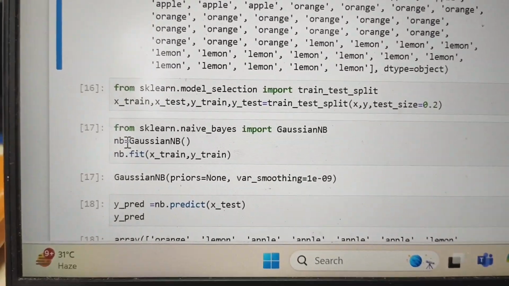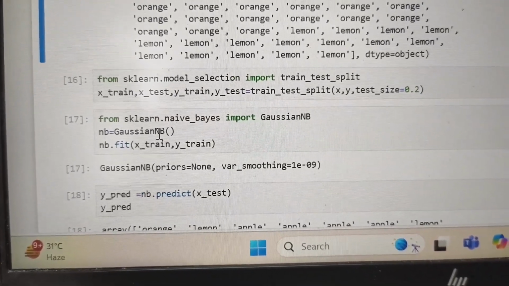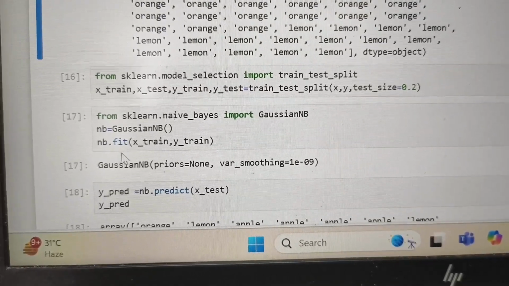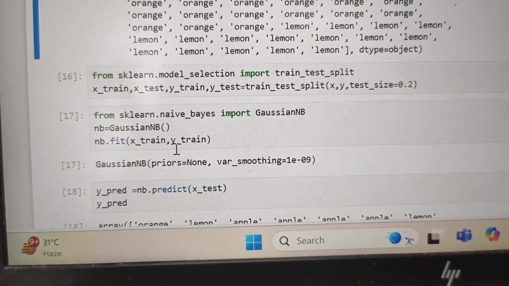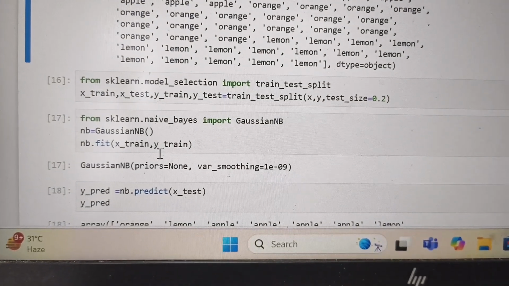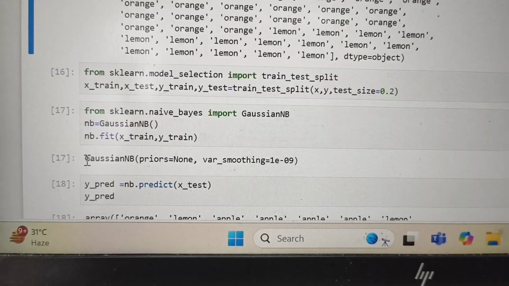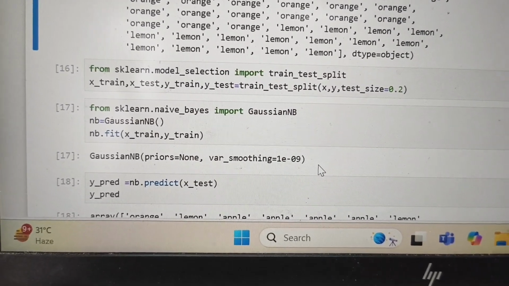The name of the variable is nb, so nb = GaussianNB(). To fit the model, write nb.fit(x_train, y_train). Now you can see the model is successfully imported.